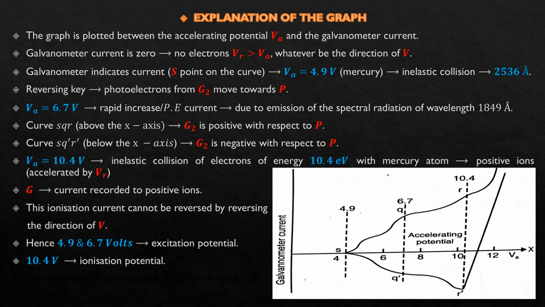So through this method we can distinguish the excitation and ionization potentials. This method is subject to only a systematic error on account of the initial velocity of emission of the electrons from the hot filament. The actual energy of the electrons will therefore be greater than that corresponding to the accelerating potential. The correction for this error can be determined by measuring known critical potentials with the apparatus used.